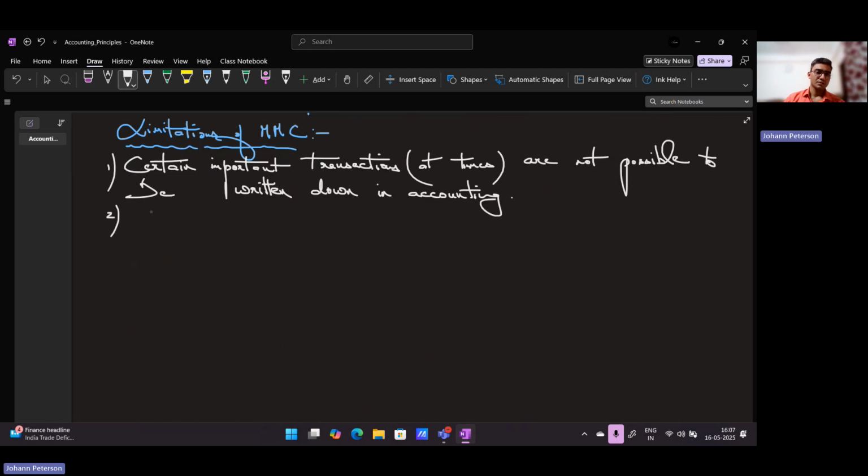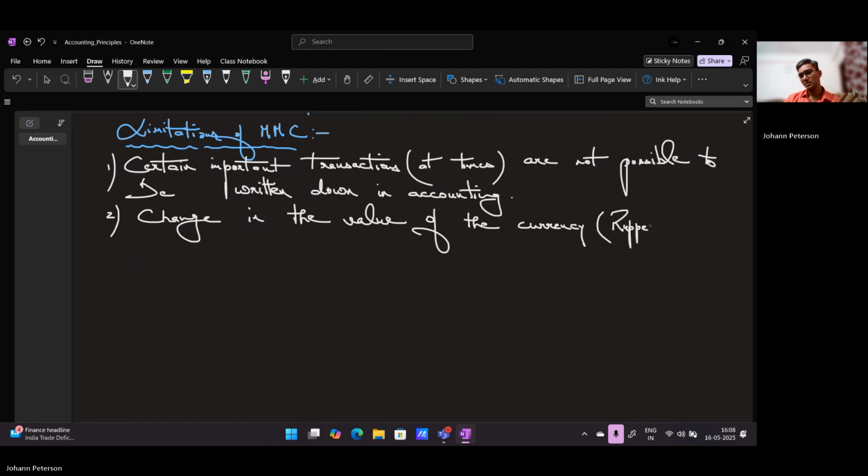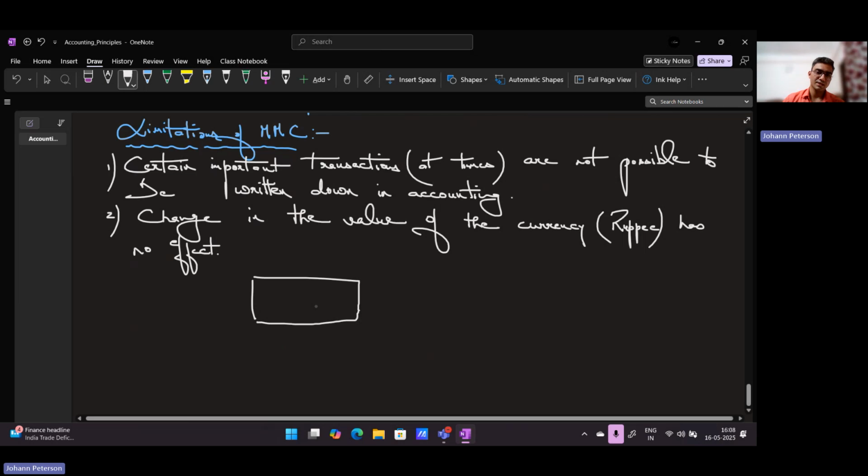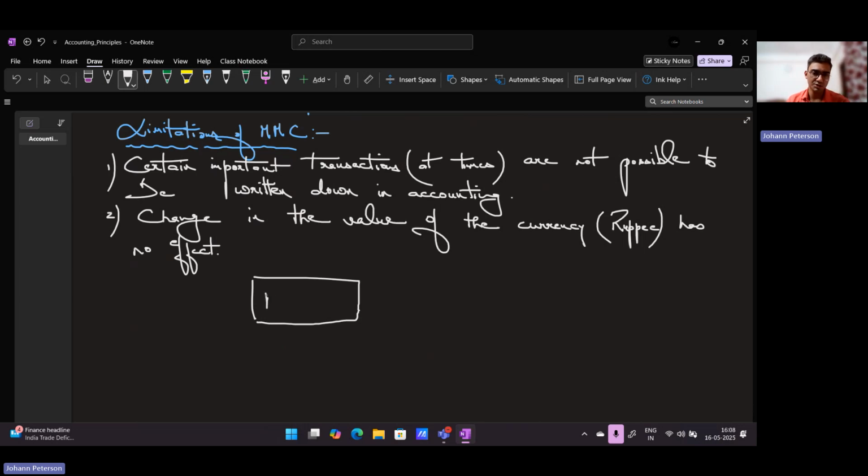Okay. Another one is, let's say we have purchased an asset, and the change in the value of the currency, in our case the rupee, has no effect. So this is bad because let's say you purchase some building or machine. Machine is a better example. Let's say you purchase this machine